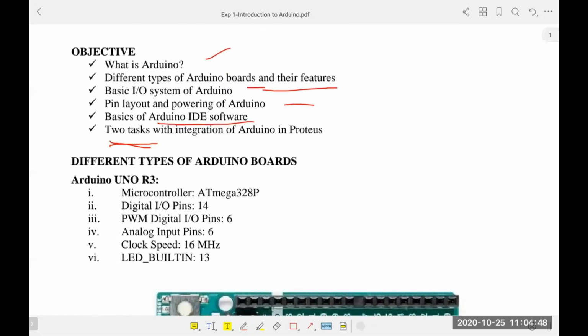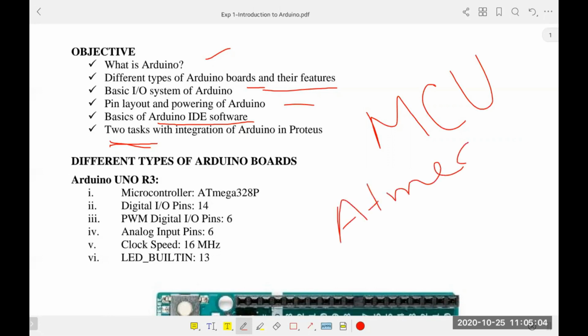So now, what is Arduino actually? I think you already know microcontroller. In the previous course, you already learned about microcontroller. There are different types of microcontroller. This could be Atmega 328, Atmega 328P, Atmega 1260. So there are different models of microcontroller, and when you want to perform some task using a microcontroller, you need other